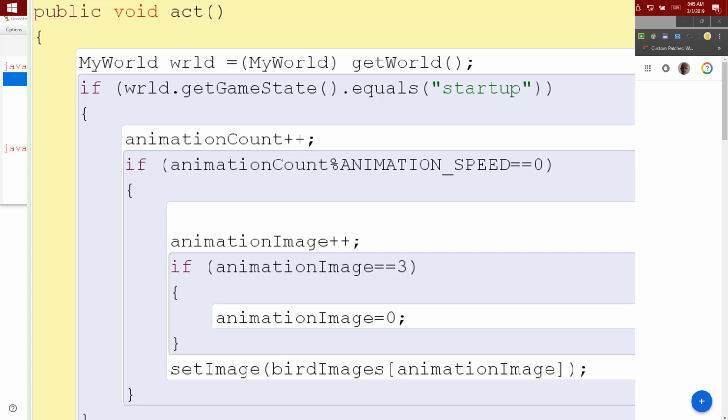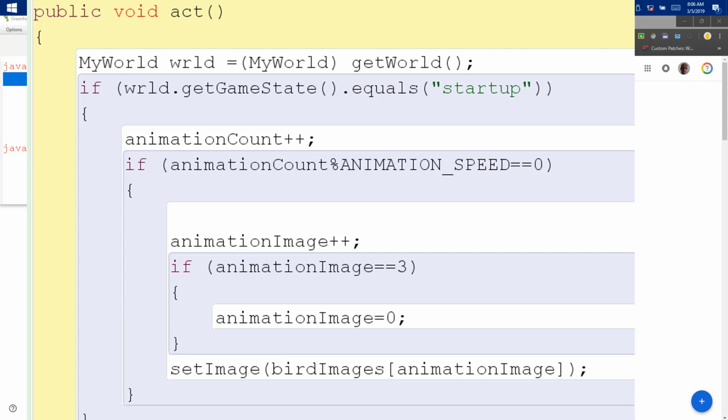Okay, so that means if you do modulus division with whatever animation count is, and you get a remainder of 0, that means animation count has hit what animation speed is. So I'm going to say animation count equals 1, and I'm going to say animation image plus plus,